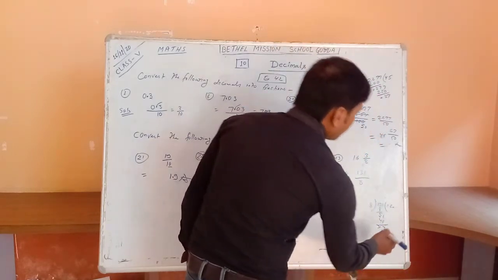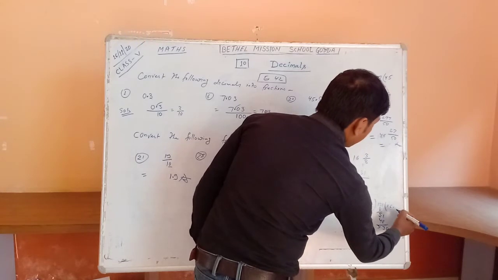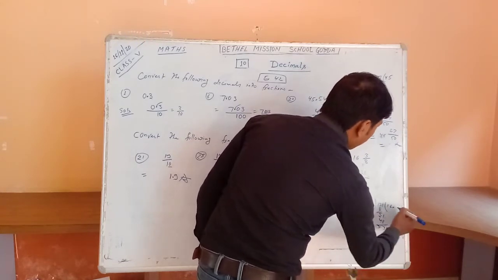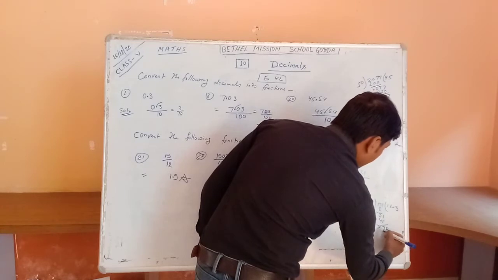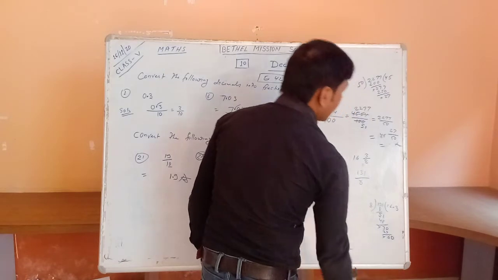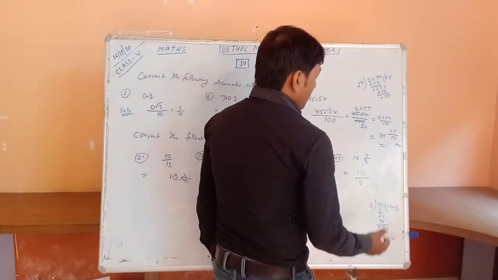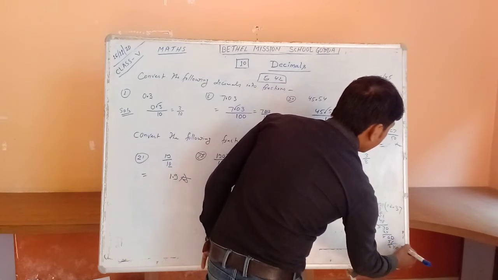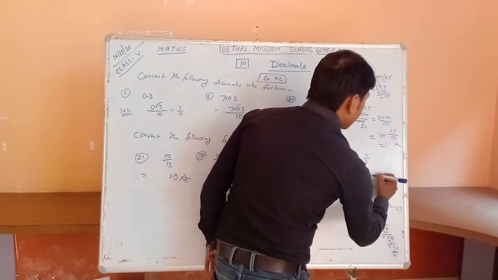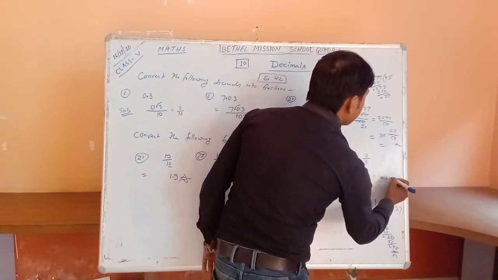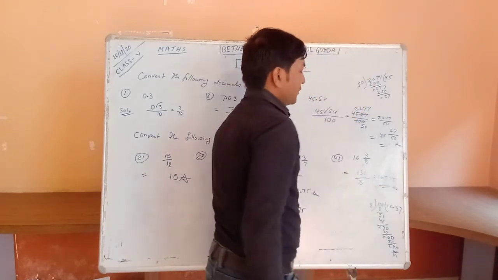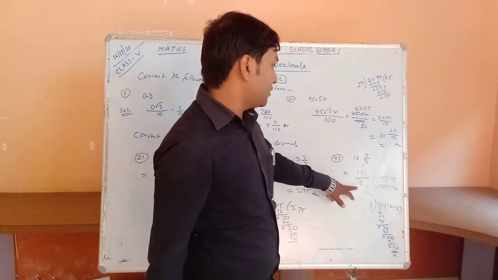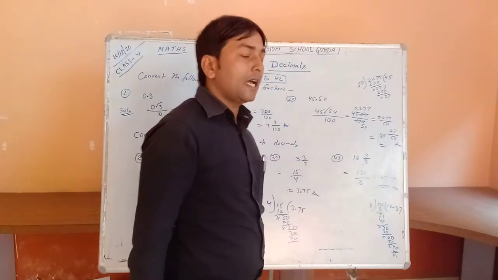Now put the decimal and put 0. How many times? 3 times. 6 is the remainder. Now put 0 again. Now 7 times. 4 is the remainder and 5, it will cut. It means 16.375. Okay. First convert into an improper fraction, then divide. You will get the answer.